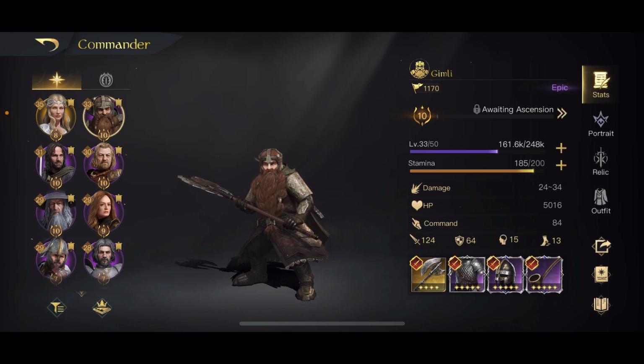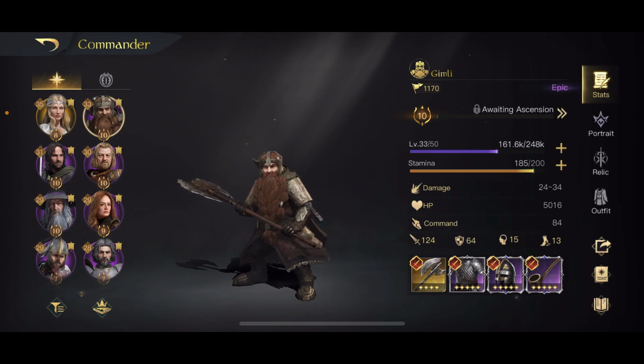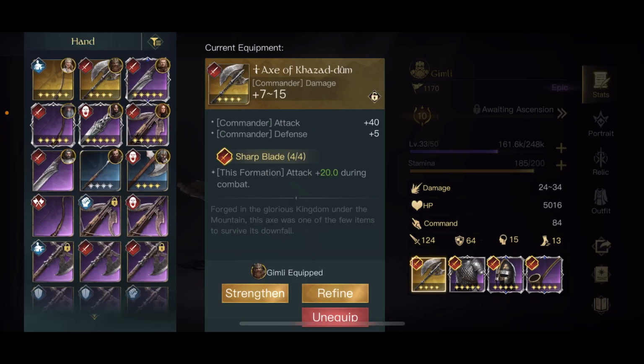So now that we've finished that, let's just go over everything we've already discussed in this video just to round it all up for you guys. So first things first, in terms of gear, you're going to want to get gear that all has a matching set bonus. That set bonus that you should be looking for Gimli is hopefully something that increases damage, like Sharp